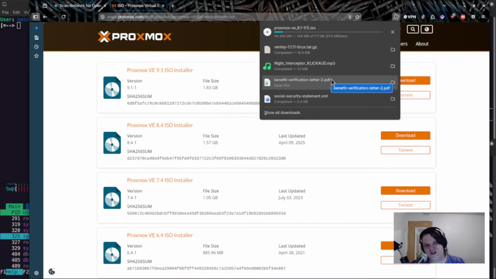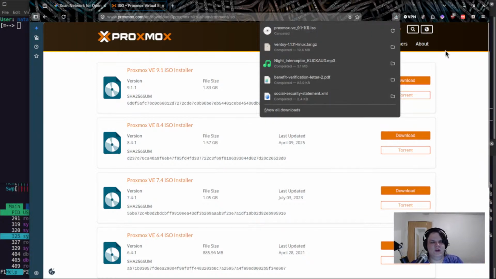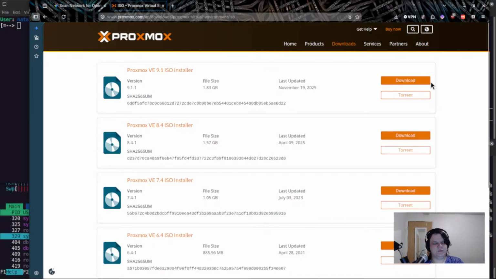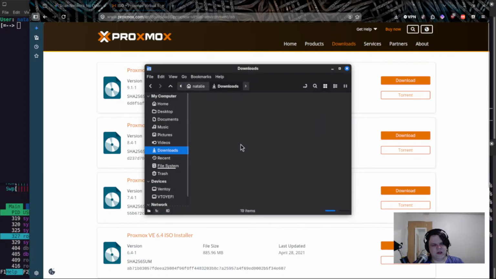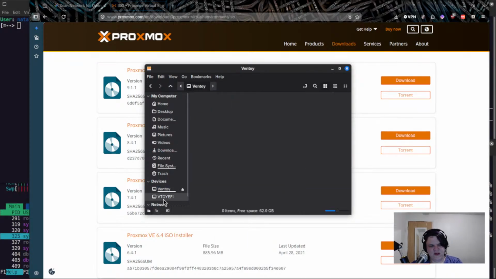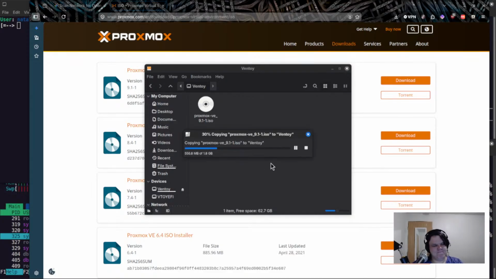The part of the installation in the background that we're going to do later, I'm not going to show. One, I don't have a capture card. Two, it literally just sits on the same screen for like 10-15 minutes, if that long. Oh, we already have one actually. Good. That means we can just go to files and go to downloads. We have a Proxmox ISO. There you go. Copy. Go in here. Don't ever put it on there, that's gonna be a small partition. Just so you know. Go ahead and paste it in.